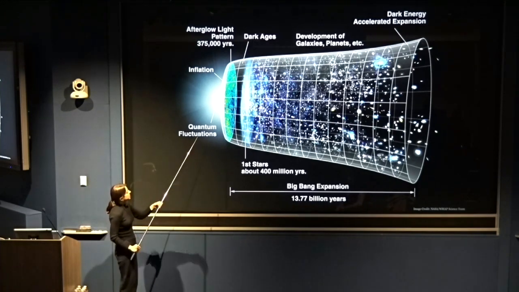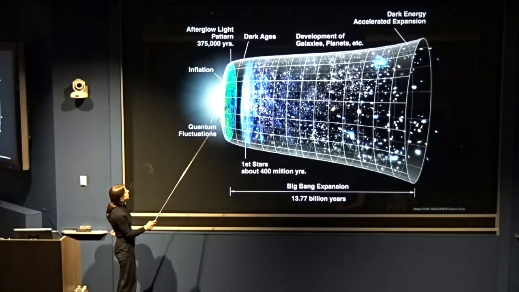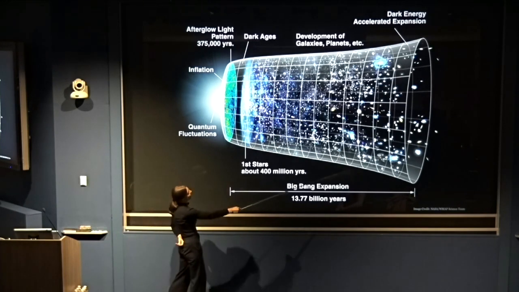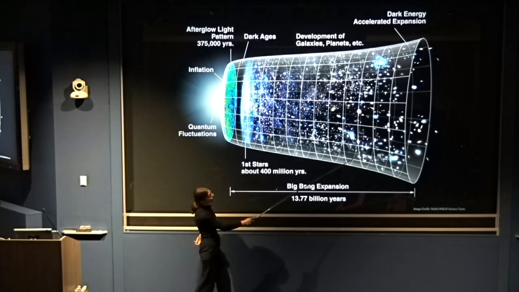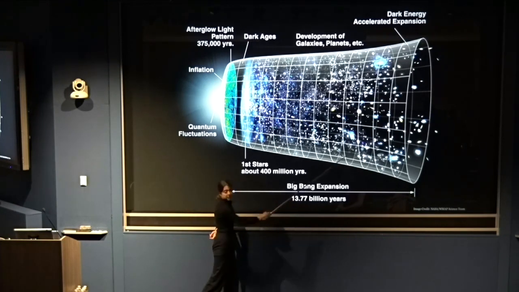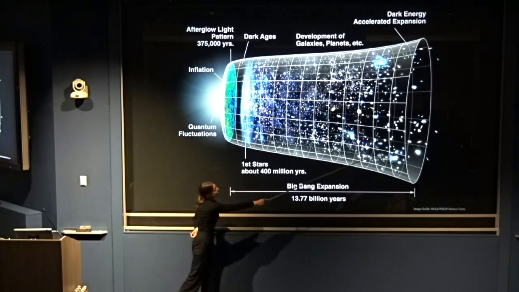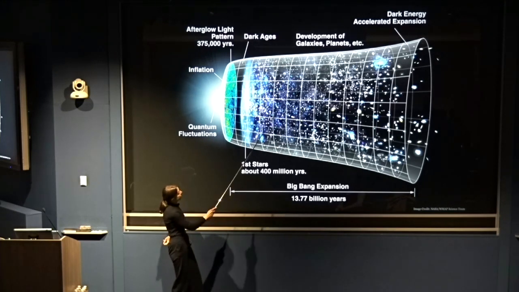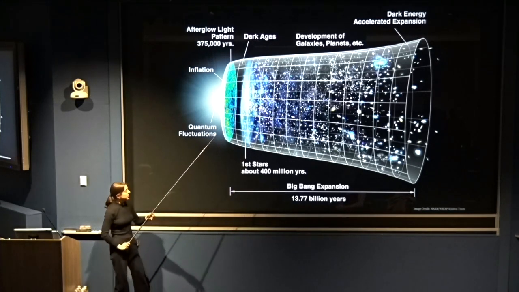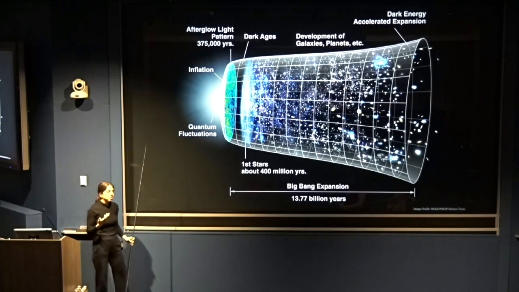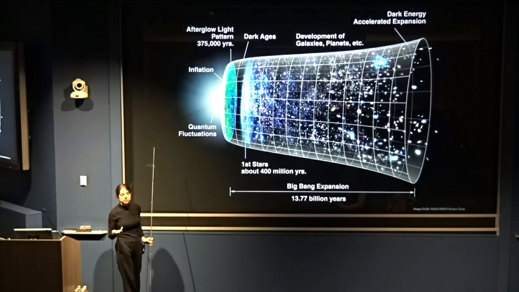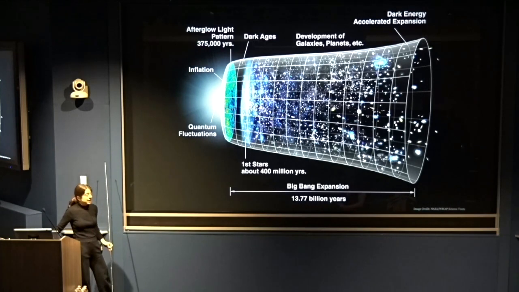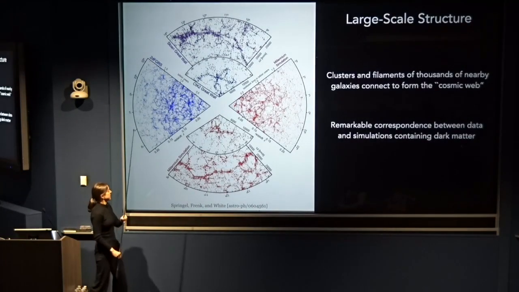So this is just a schematic diagram showing how the universe evolves from the period of the Big Bang, so that's the birth of the universe initially, all the way up to the present day. The rotation curve data that we have is really coming from sampling individual galaxies here on this end, but we want to check and ensure that as we move backwards and gather data that's coming from earlier epochs in the universe's evolution, that also upholds this picture of, and is consistent with the interpretation of the presence of this dark matter component. So there are two sets of data that I want to highlight, really because it's quite spectacular.